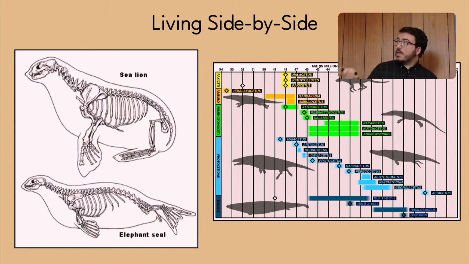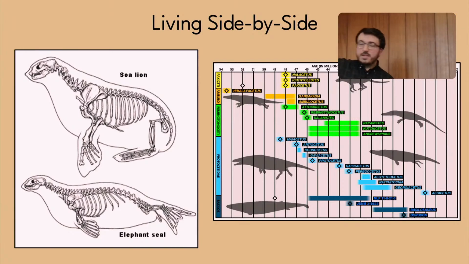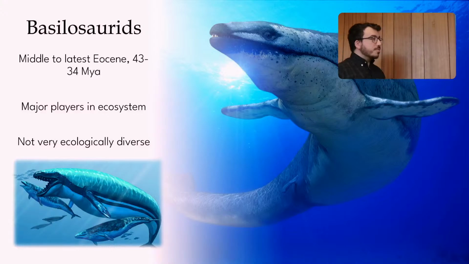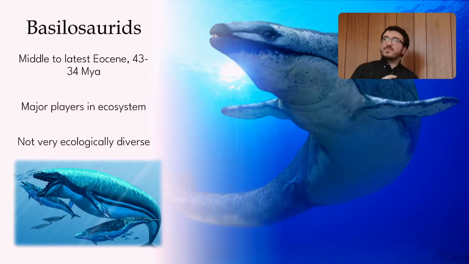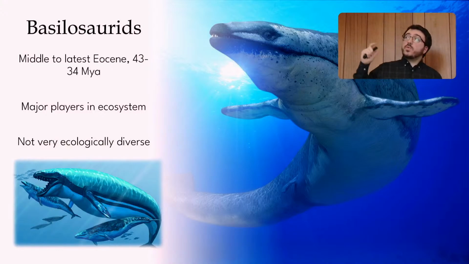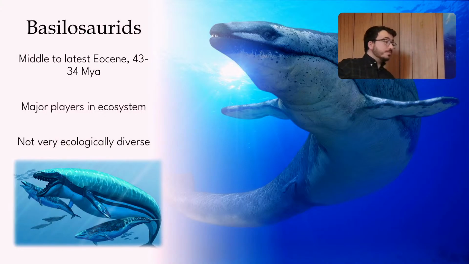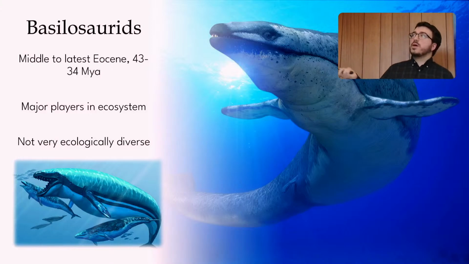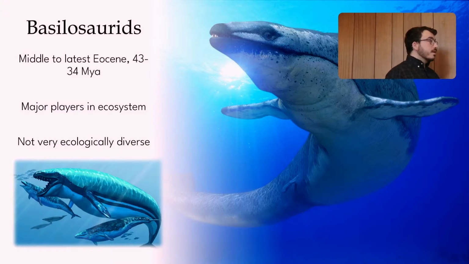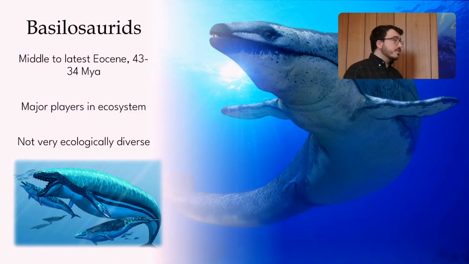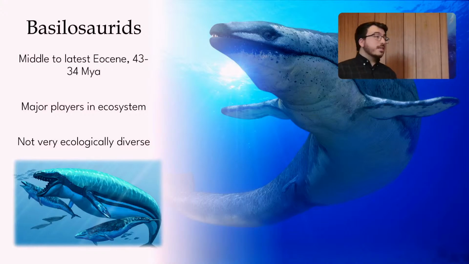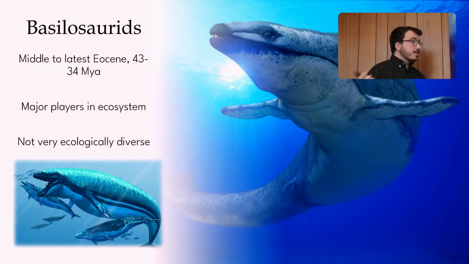So that's the Protocetes, and you can see at the bottom the Basilosaurids are coming in. So this is the next group, the Basilosaurids. Got a little bit of a gasp there because they are really, really cool. This is when whales first get huge. The largest of the Basilosaurids get up to about 20 meters long. They're getting up to somewhere in the region of 15 tons, and they start to become major players in marine